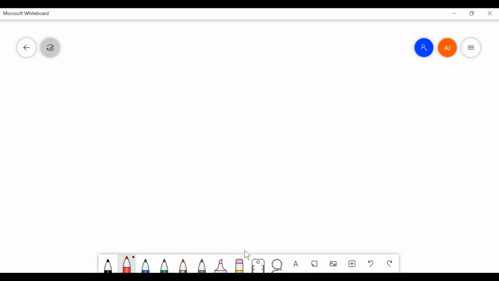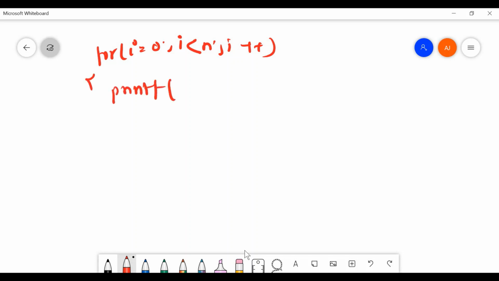So we'll use a loop for this. For i equals to 0, i less than n, i plus plus. Okay, so printf enter name and phone number.